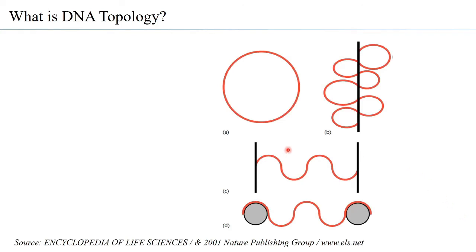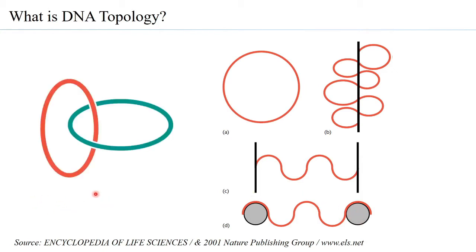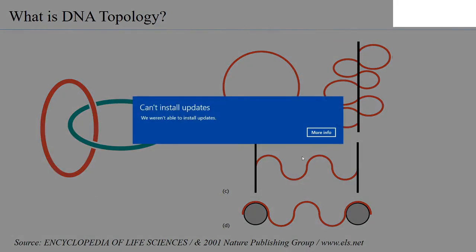Let us again look at a few more instances of how DNA forms or comes into different topologies. So this is the closed circular DNA. This is one topology. When it becomes a chromosome, so loops in the chromosome, okay, this is another topology of DNA. When you have a linear DNA attached by both the ends to say membranes or to say protein molecules, okay, you will again find that it forms certain topologies. Interestingly, what you can also find is that you can have the DNA present in such a way that they are tangled.